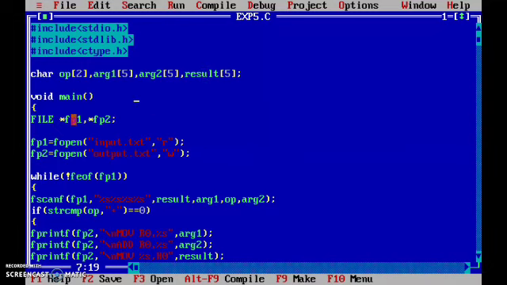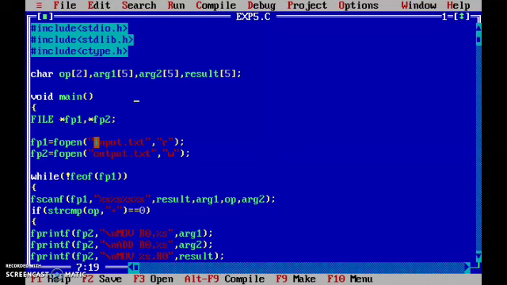So this is the main function. Here we will be using the files concept. We will declare the two file pointer variables, that is *fp1 and *fp2 of type FILE. These are file handlers. First we'll open a text file, input.txt, in read mode by using the function fopen. When this function is able to open this file successfully, its file pointer will be stored into the variable fp1.